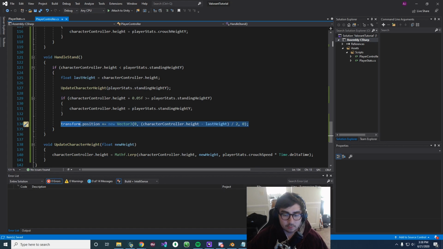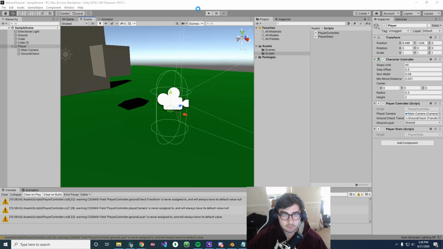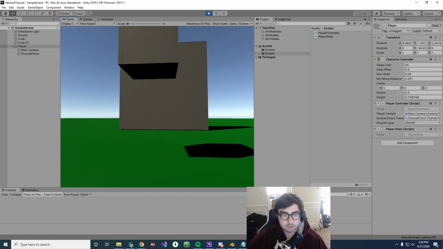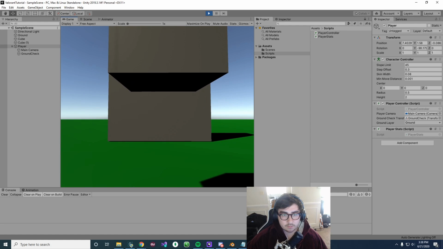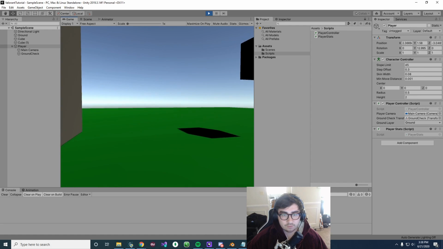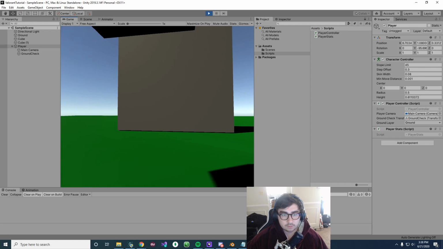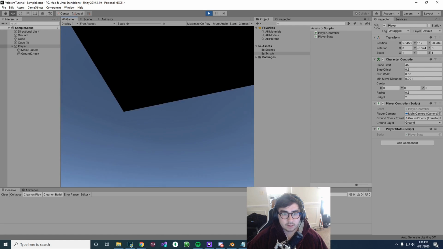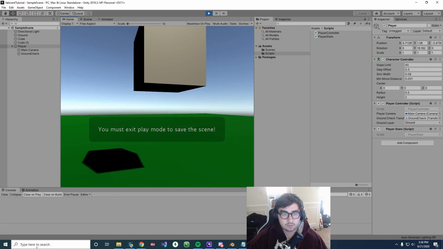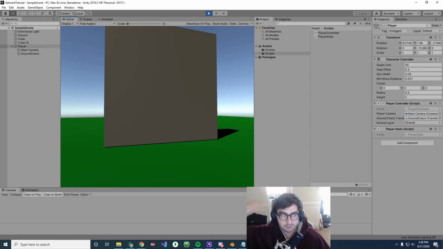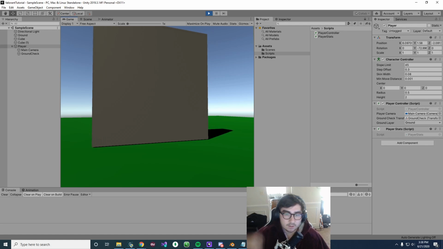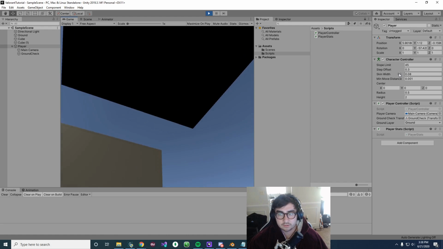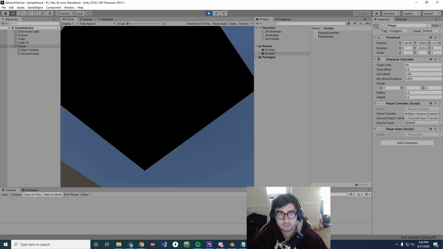So anyways, let's go back into the Valorant tutorial Unity project and hit play. And so we go like this, and when we let go, we can see that we are back and standing up, and we can also move while we're doing it, right? So now we have crouching. One thing though is that if we stand up, we are now stuck inside this cube, right? So we need a way to detect if things are above us. If I do this, my height still goes to 2 on my character controller, right? But I'm stuck inside this cube.